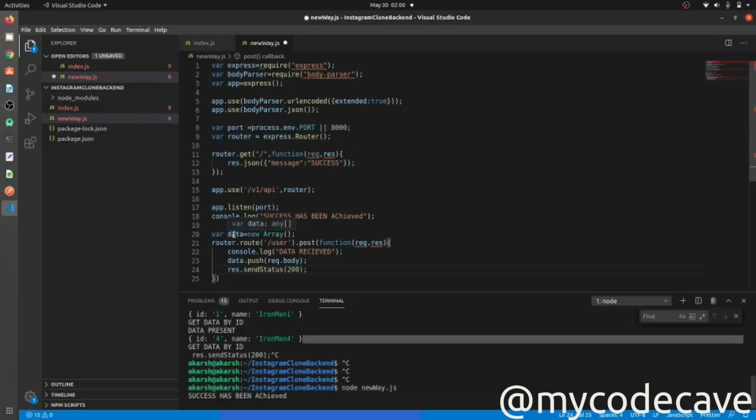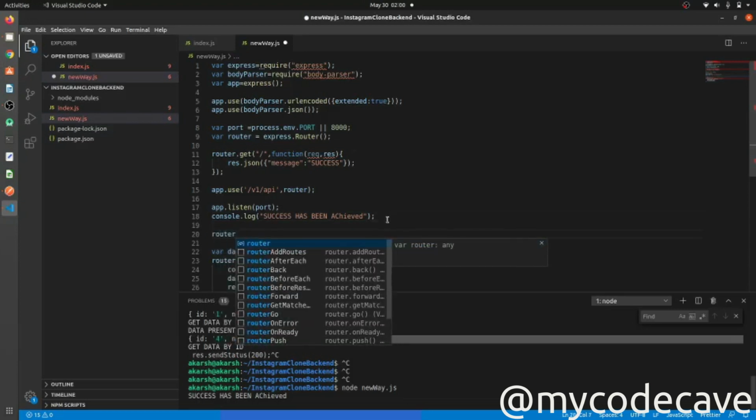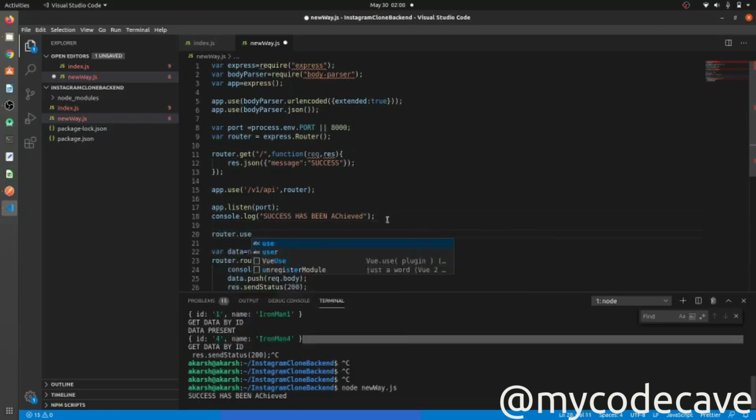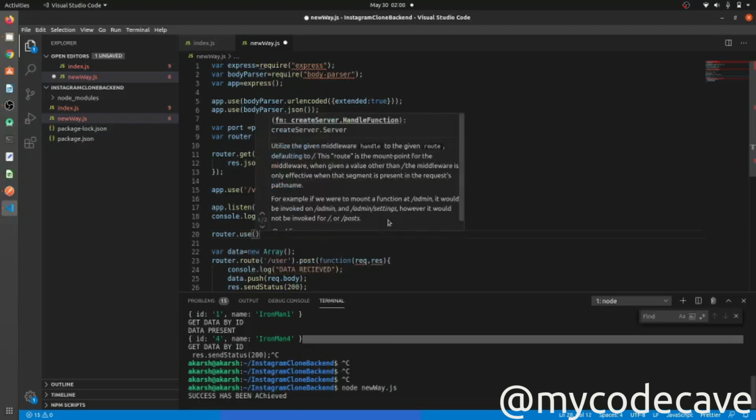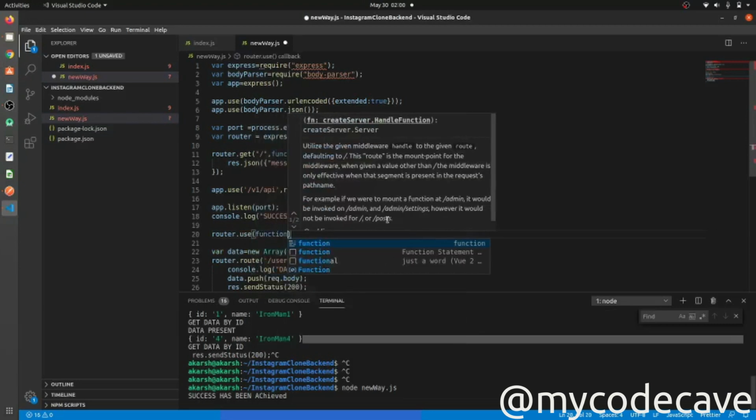And one thing before moving forward in this part: if we want to add security at our JS level, what we can do is use something like router.use. Now I will create a function here.